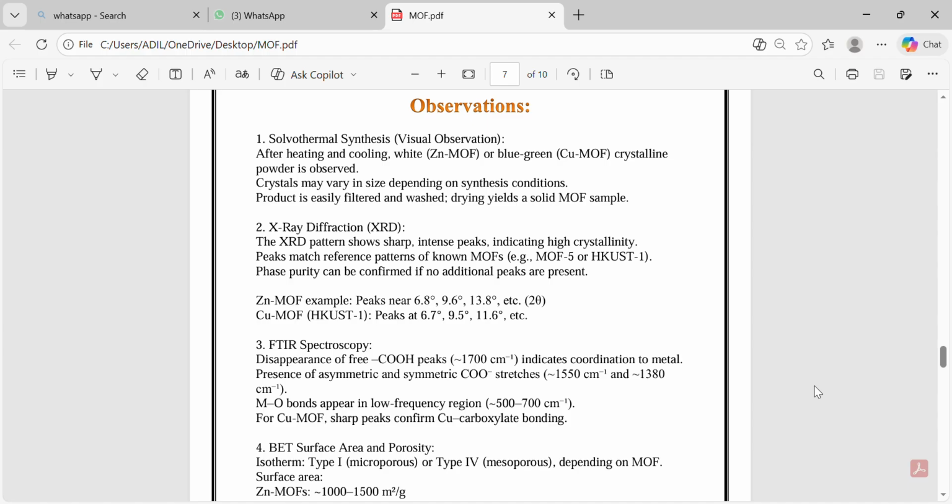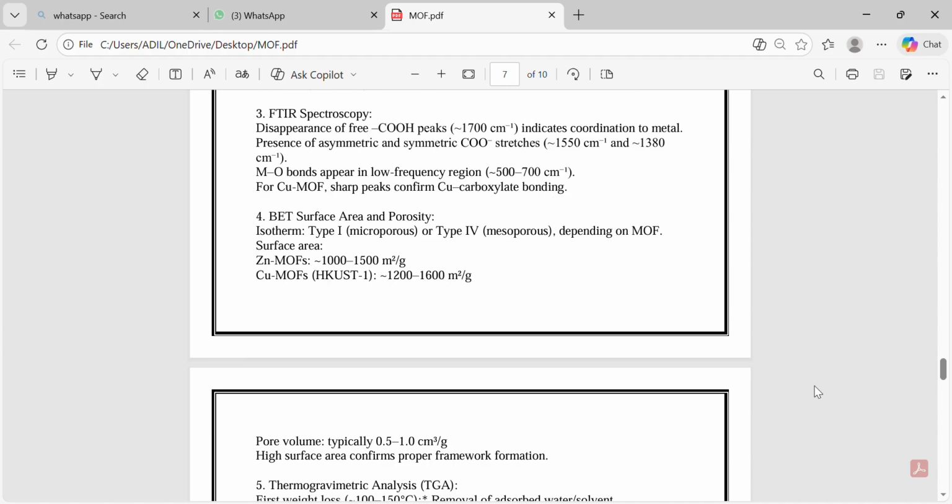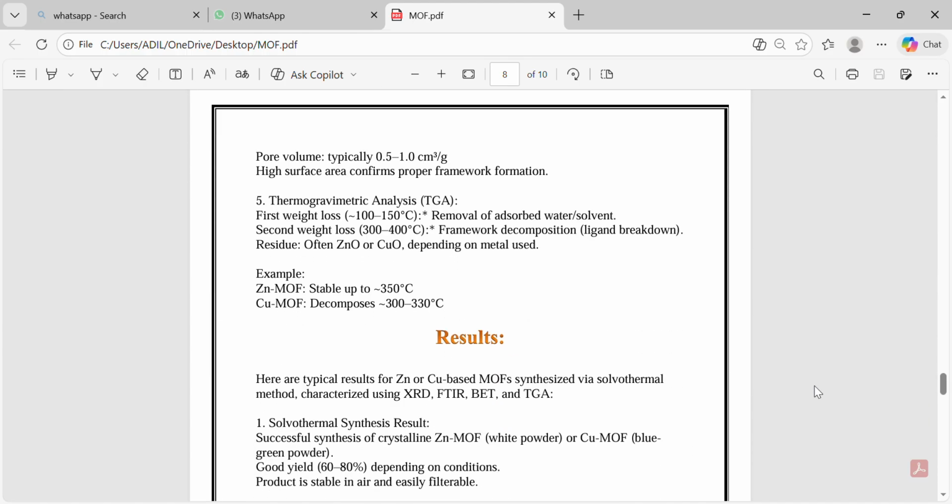Copper MOFs have 1200 to 1600 square meters per gram. Pore volume: MOFs have tiny holes, called pores, that can hold gases or liquids. The volume of these holes is usually 0.5 to 1.0 cubic centimeter per gram, which shows the material has a